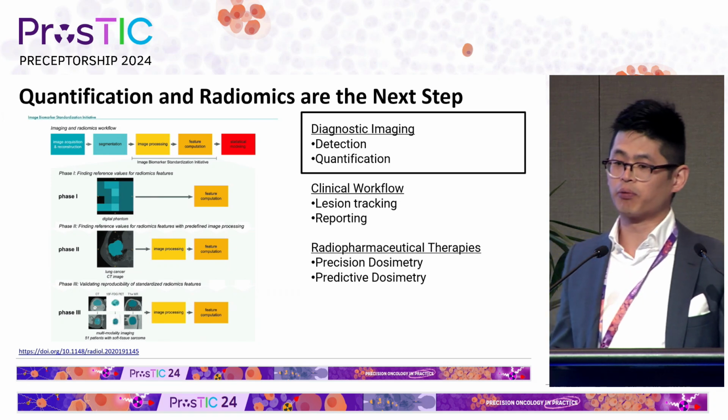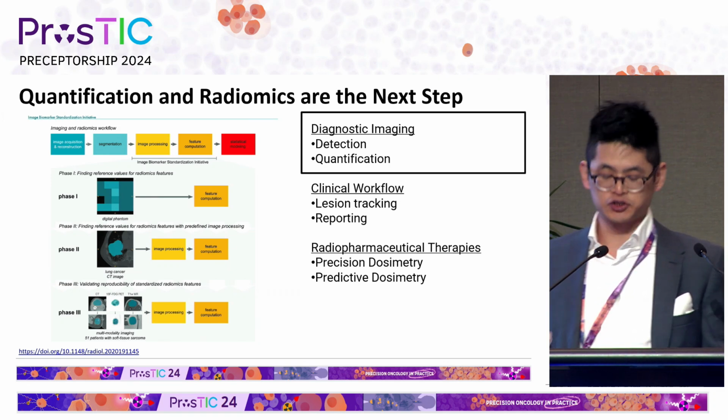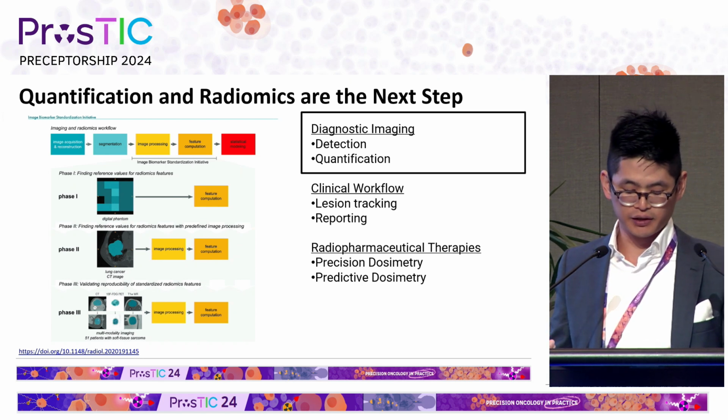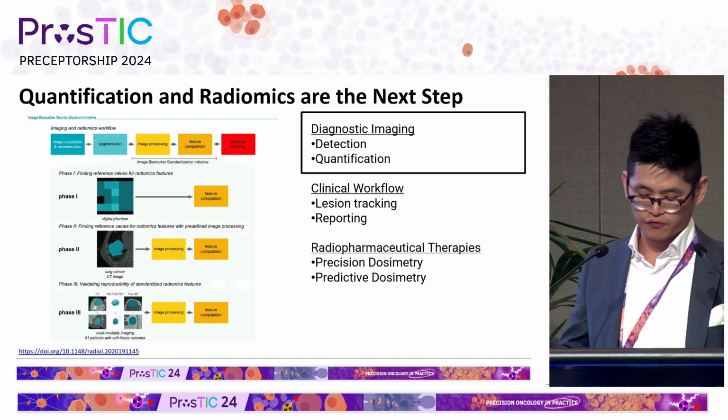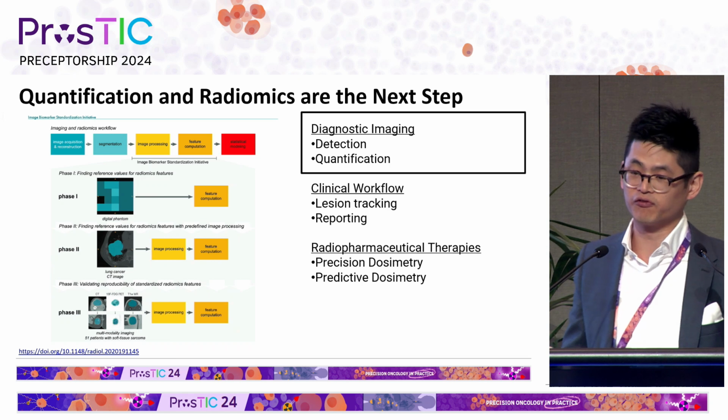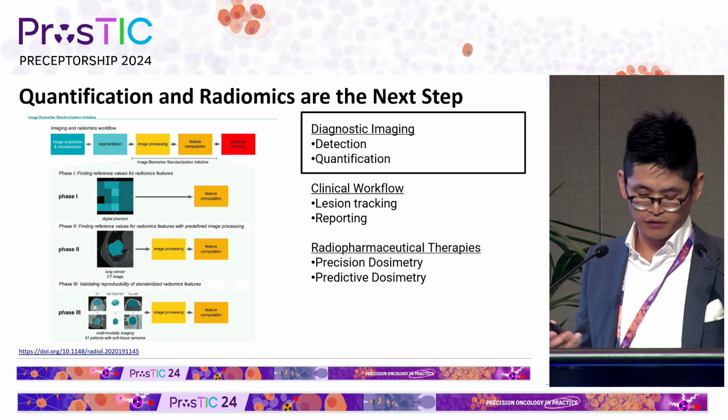Ultimately, segmentation will probably be semi-automated, and assuming segmentation has been done accurately, the next step in the AI pipeline is about quantification and radiomics. So quantification, we've heard from James about metabolic tumor volume and SUV mean. SUV mean for PSMA over 10 has been associated with better outcomes.